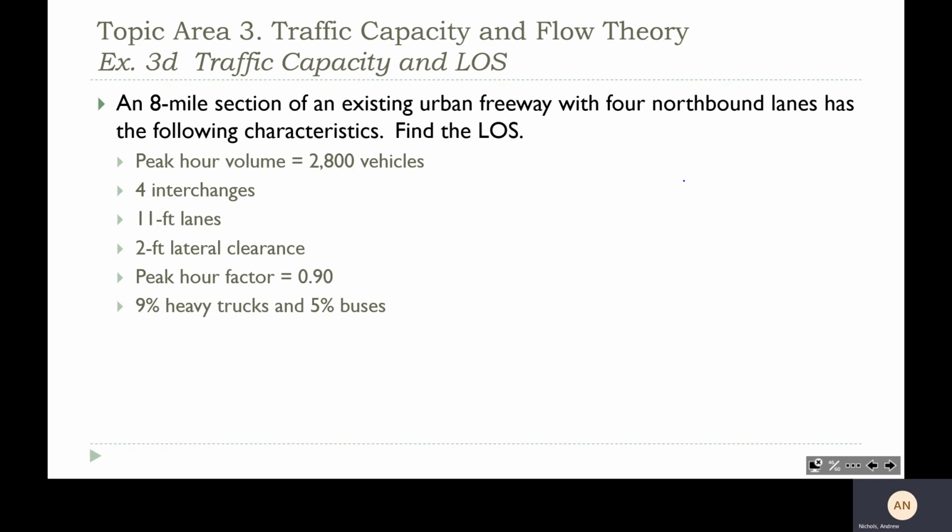So traffic capacity: we have an 8-mile section of an existing urban freeway with 4 northbound lanes. With the following characteristics, we want to find the level of service. So first thing we want to do is find VP. We need VP for everything. So jumping back to that equation,